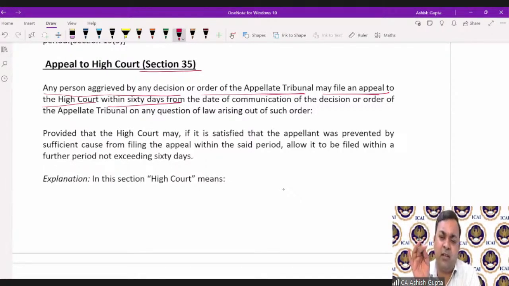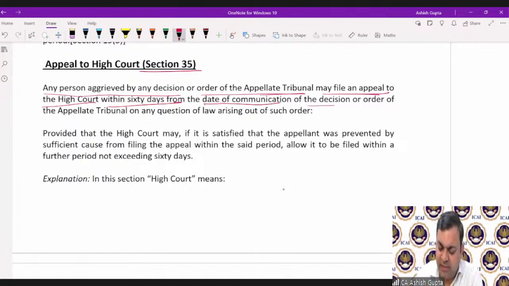If there is, for example, a mistake in the law, then High Court can entertain it. Suppose you are providing a new kind of evidence, that is a question of fact, and that is not permitted for appeal before the High Court. Okay. Udit, I think your doubt is clear.